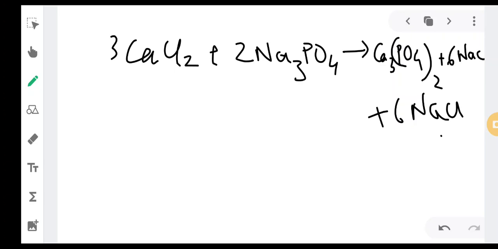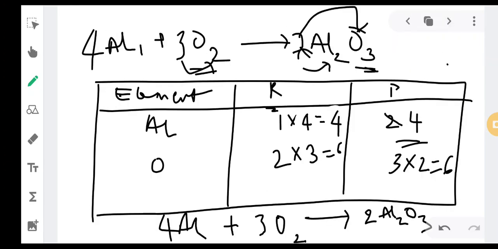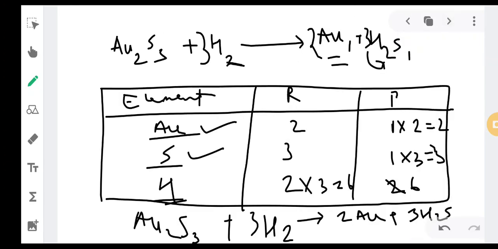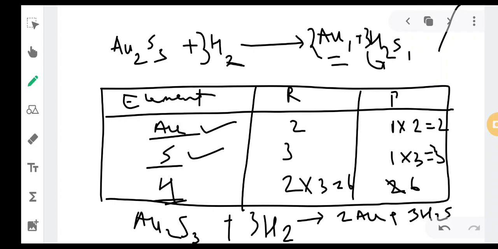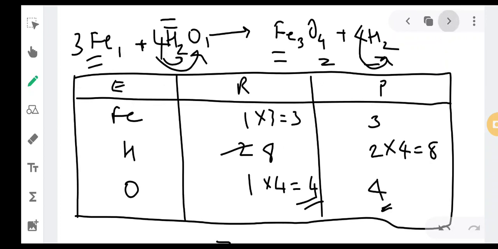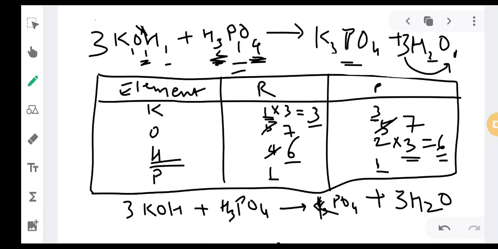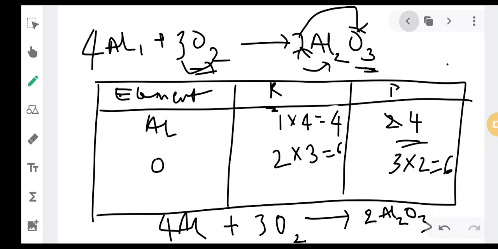So the balancing the chemical equation part is clear to all of you, I suppose, and we have finished all the things from this chapter. Any doubts or difficulties, you can ask me anytime. This is a very important chapter. Balancing the chemical equation is a sure shot question which comes in the examination. It will be very easy; you just need to balance it properly.